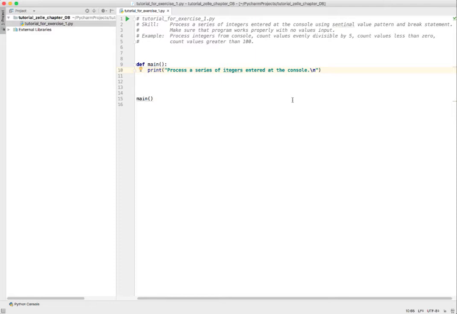Okay, and what kind of processing am I doing? Well, let's see. I am processing a bunch of integers that are coming in at the console, and I want to count the ones that are evenly divisible by 5, count the ones that are less than 0, count the negatives, and count the ones that are greater than 100. So I'm going to have some kind of counters ready to